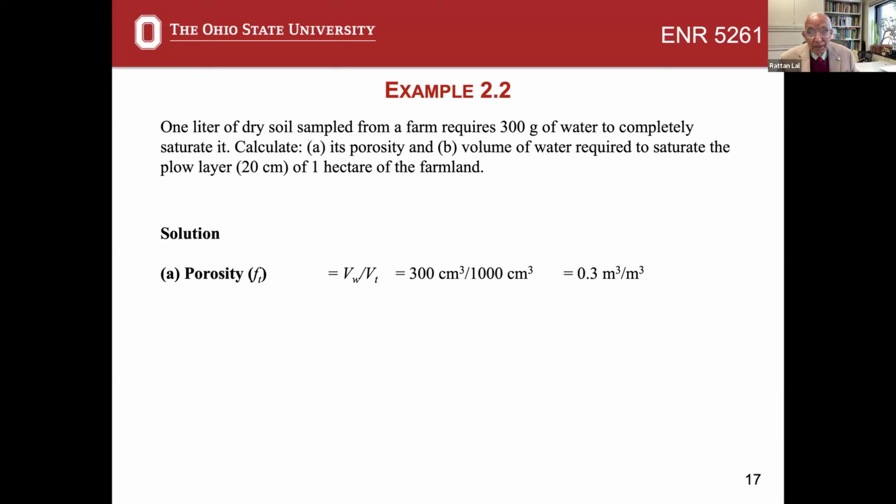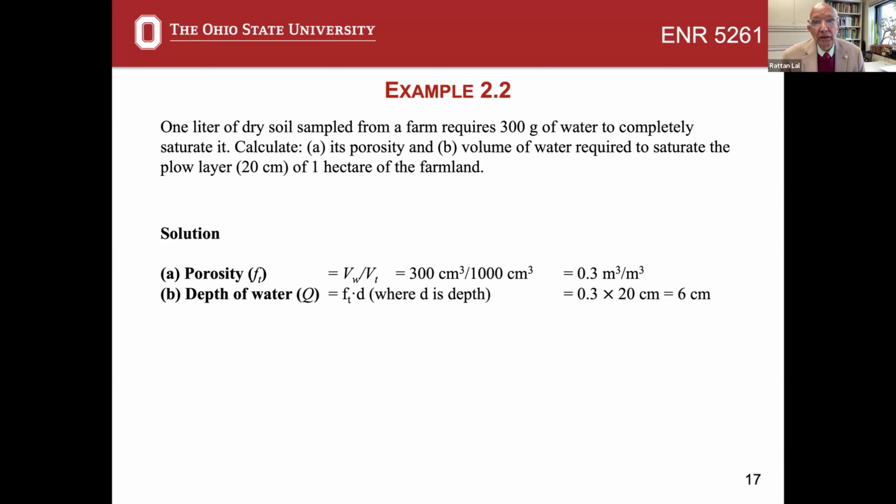That is correct numerically, but not exactly because the units are not there. So it's 0.3 cubic meter per cubic meter. That's the correct, complete answer. Then if you want to calculate how much depth of water is required, the depth is porosity times depth. Therefore,